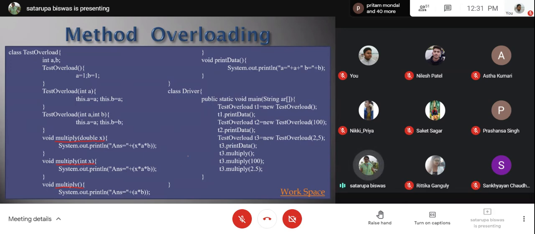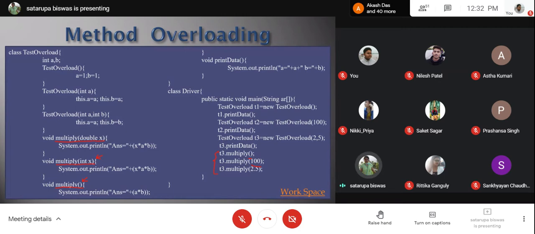Okay. So when you are calling it just by multiply and not passing anything, obviously it will reach up here and it will generate the answer accordingly. It will multiply the value of A and B. After that, if you give multiply and pass an integer, it will come over here and give the answer like this.